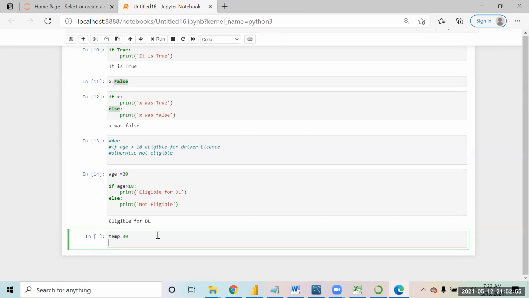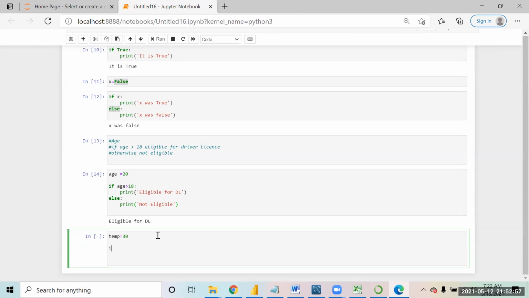So what I can do is write a condition. If temperature is more than 35, I would like to print hot.